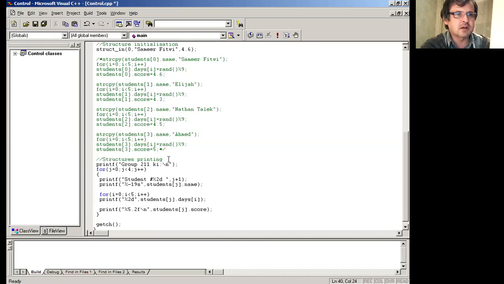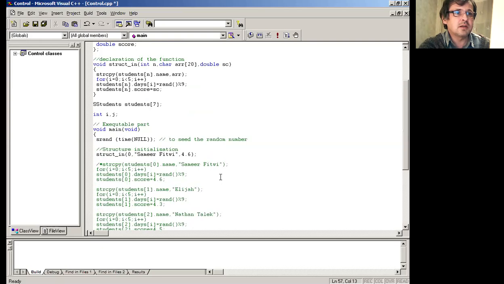After this, structure printing. Instead of printing separately all this information, let us create a function which will